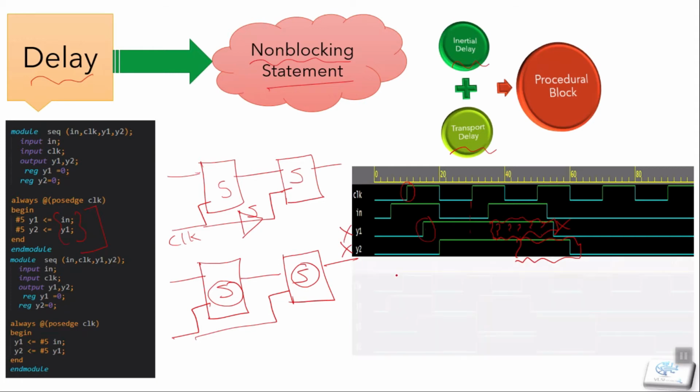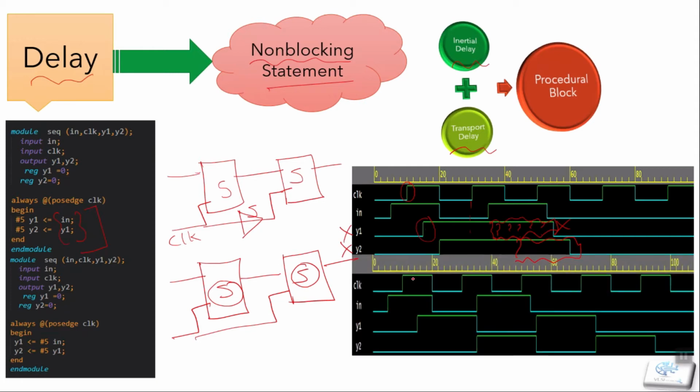Now understand the transport delay on our non-blocking statement. Here we got what we actually wanted. We have a delay of 5 here for our y1, and after that we got the 0. And what we know from our previous lecture is that the non-blocking statement will work on the next positive edge of clock. Our y2 will update after y1. So we have a delay first, and it will work on the next positive edge of clock.